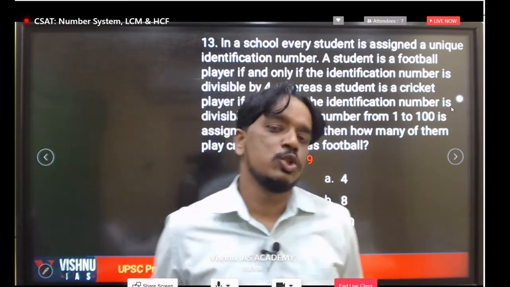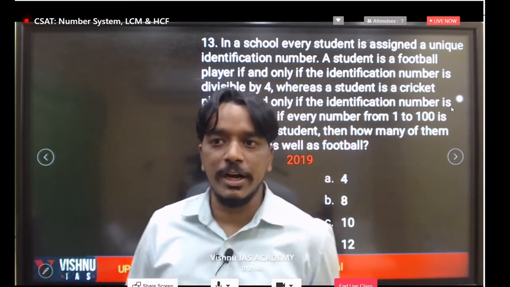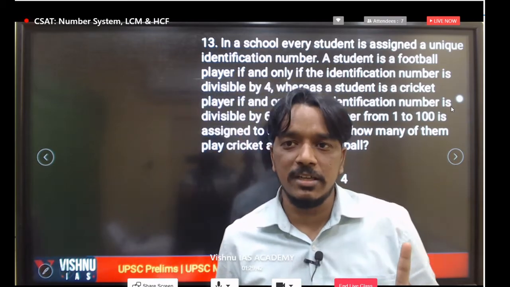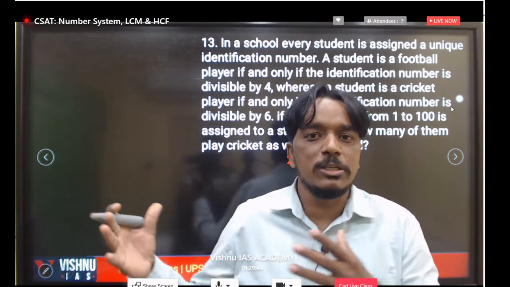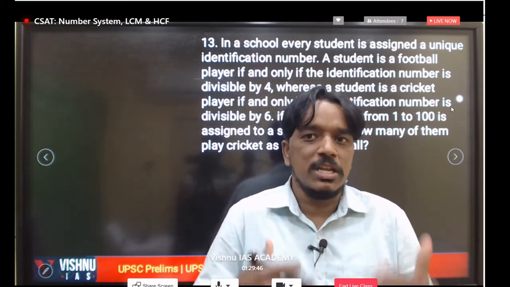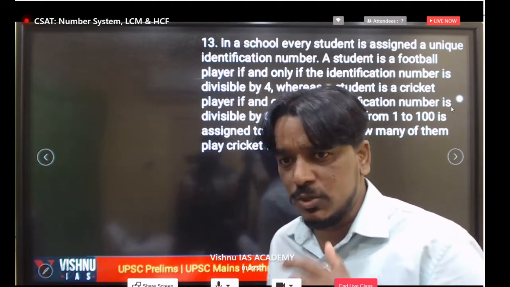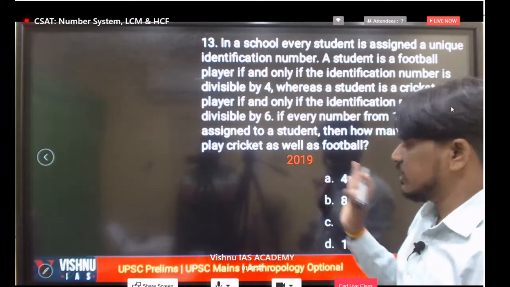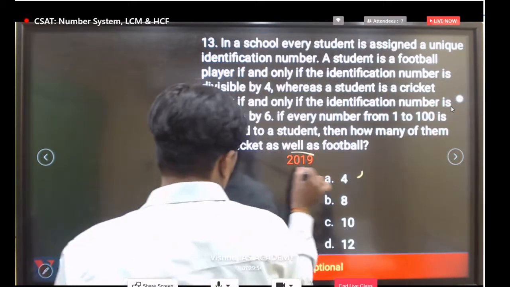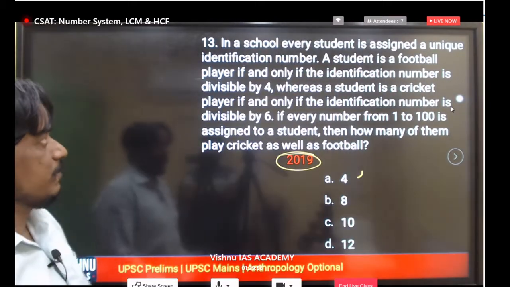The next class tomorrow we'll discuss that question if you are not getting it, but still everybody can answer that. Just apply whatever concepts we have learned up to now; everyone should answer that type of question. I hope everyone has got the clarity up to this point. Let's understand this data. This is a 2019 question, but what data do we have, try to understand.